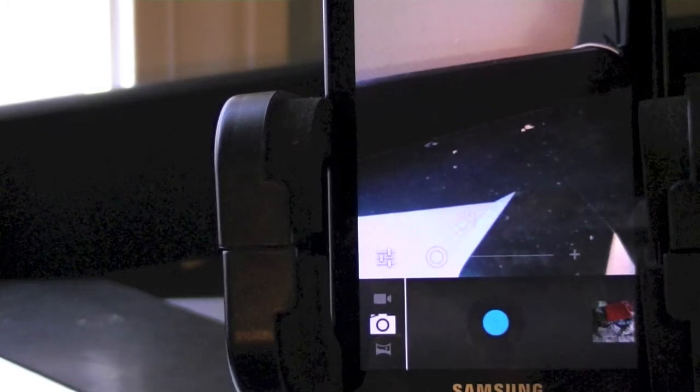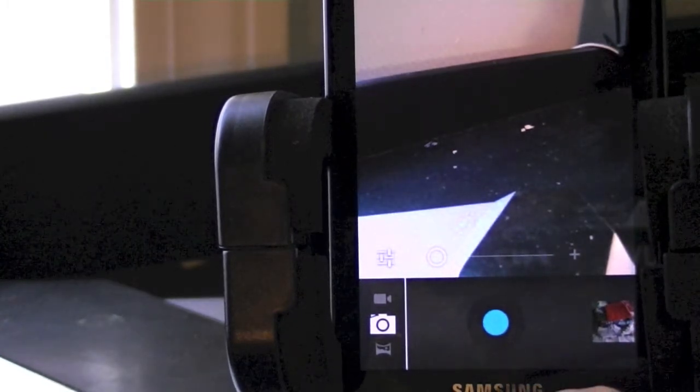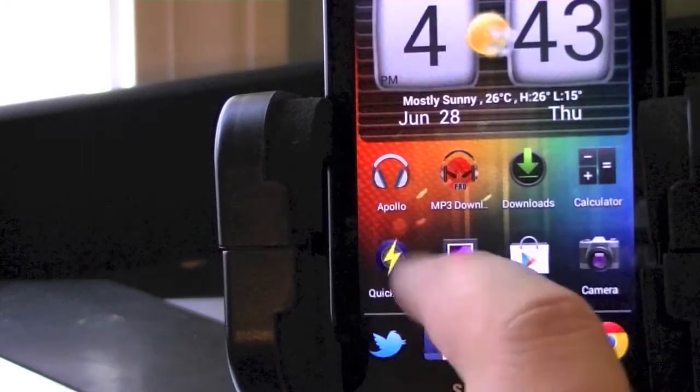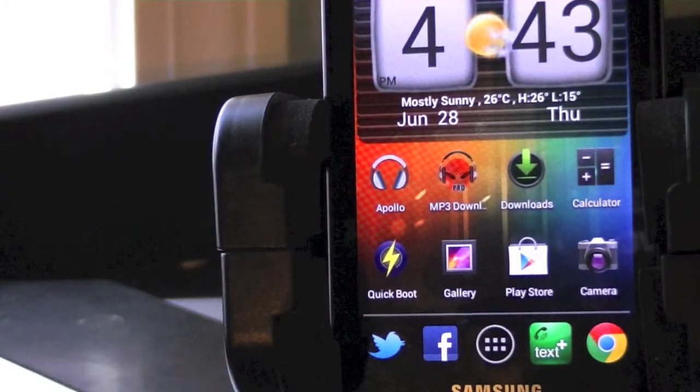The camera app's pretty nice. I'm coming from an iPhone 4S to this, so it's not as good as the 4S's, but you know, it does take good quality pictures still. We'll open up Quick Boot, and we'll open up the Play Store. Now, the new feature I wanted to show you is if you hold down the home button,